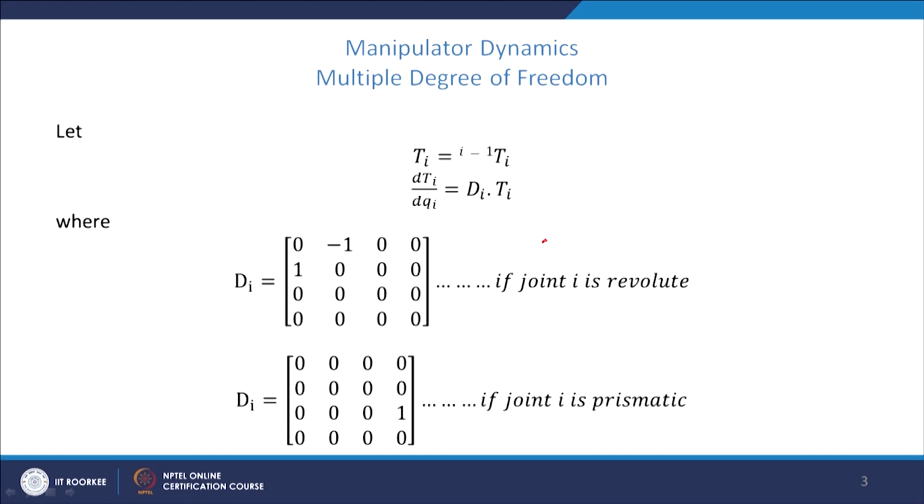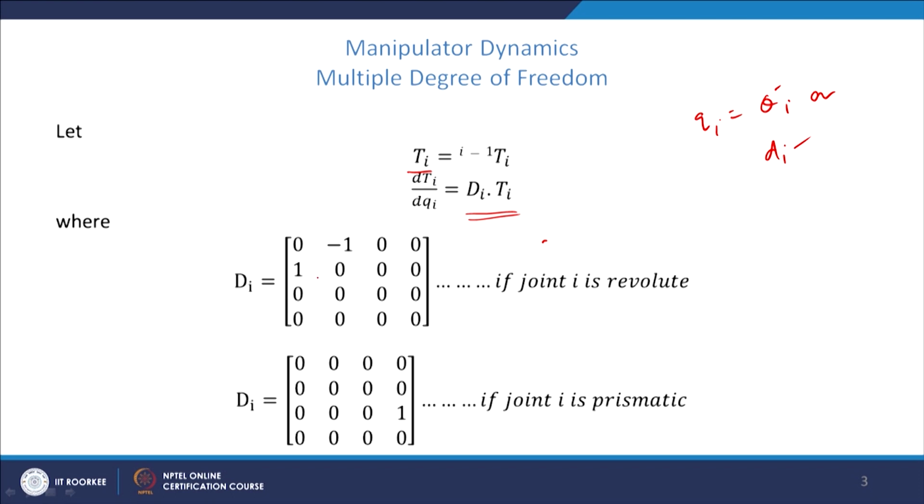Now, if we denote (i-1)Ti as Ti, then consider the derivative with respect to the variable qi, because the ith frame is a function of qi, where qi is either theta i or di, depending on whether the ith joint is a revolute joint or a prismatic joint. The partial derivative with respect to the ith variable qi is given by Di into Ti,